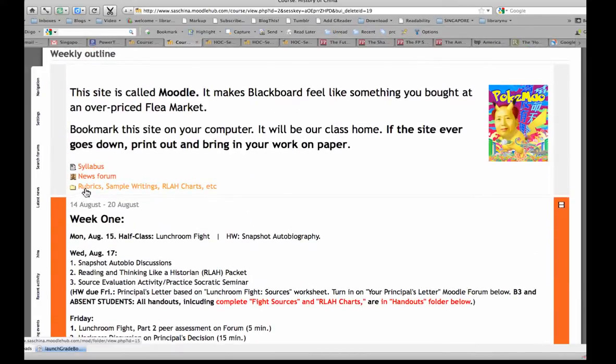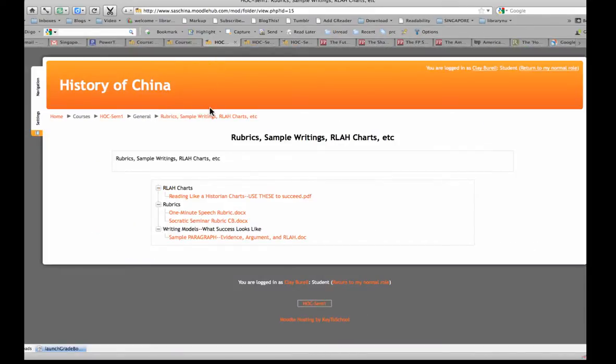Right here on the top, the semester-long ones. You've got reading like a historian charts. Now I told you that that chart that has all of the habits of mind on the fifth page, that's useful for reference when you are writing and planning presentations or seminars or whatever. Remember, that's got your basic moves, your dribbling, your layups, your sourcing, contextualizing, corroborating.